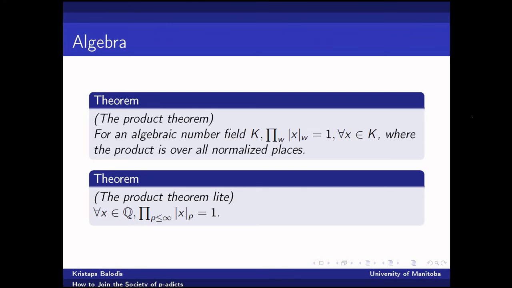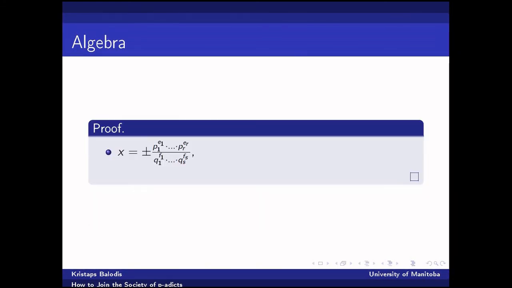In particular, if we, again, think about the p-adic numbers, then for any rational number, this says if we take the product of all the p-adic absolute values, multiply it by the Euclidean absolute value, then this is equal to 1. So we can prove just the baby case of this. So suppose we have some rational number, positive, negative, and we look at the prime decomposition of its numerator and denominator as such.